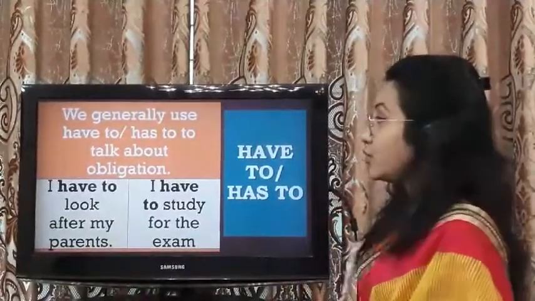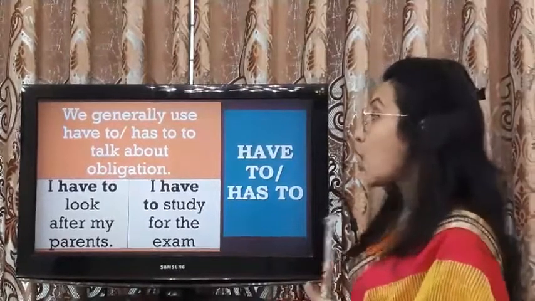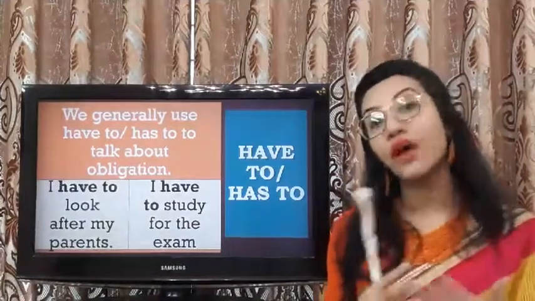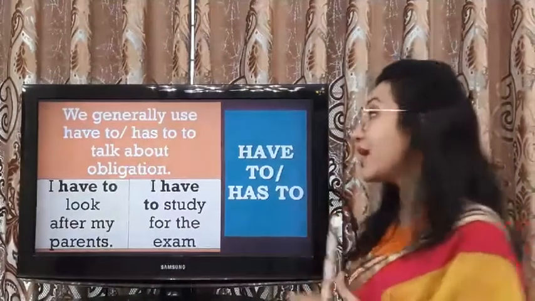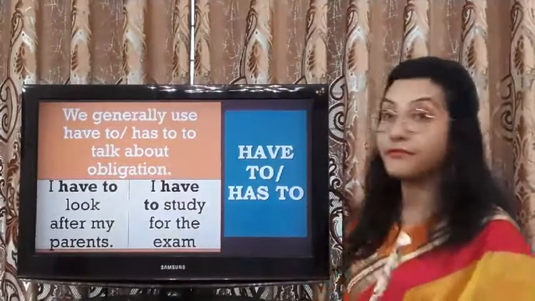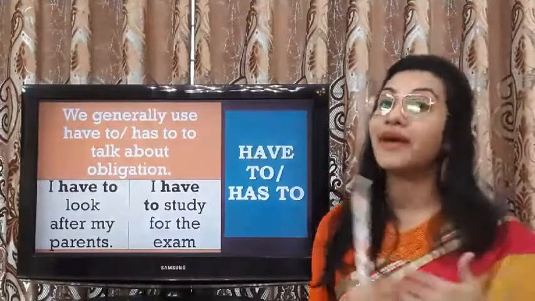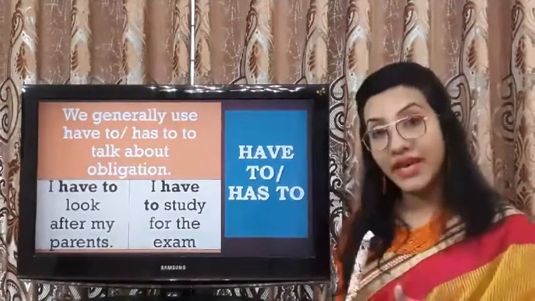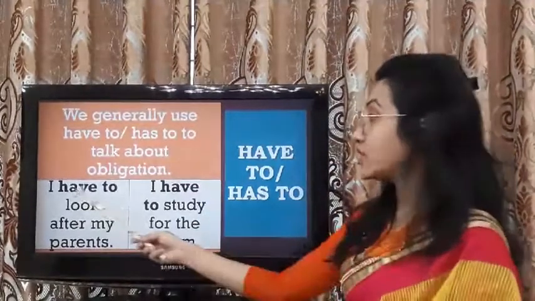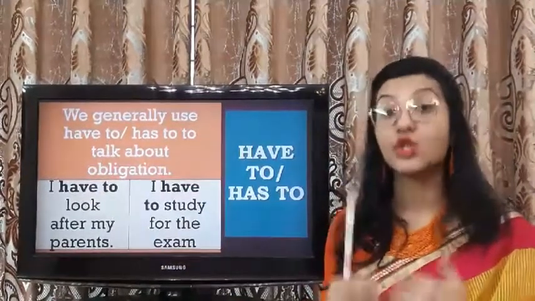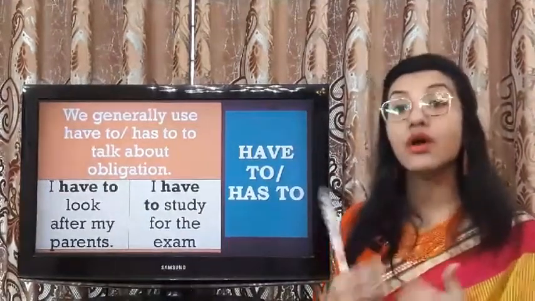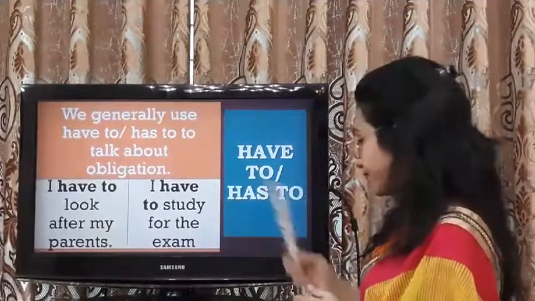We generally use have to or has to talk about obligation. কোনো বাধ্যবাধকতা, কোনো নিয়ম, যে কাজটি আমাকে করতে হবে এরকম অর্থে আমরা have to বা has to ইউজ করি। For example, I have to look after my parents. So আমাকে কি করতে হবে, আমার বাবা মাকে দেখাশোনা করতে হবে। So this is an obligation of all of us as a child. এই কারণে we have used have to here because this is something that we should do. এটা আমাদেরকে it's an obligation, এটা একটা নিয়ম, এটা করা উচিত সবার।